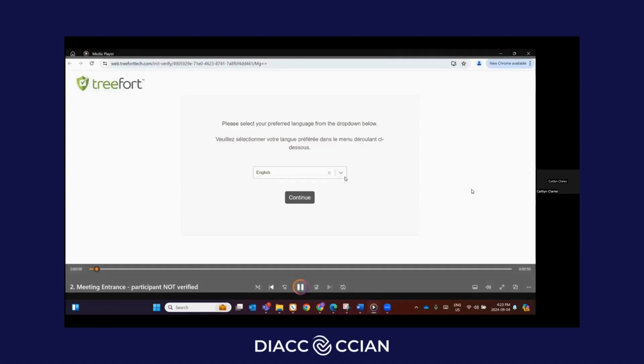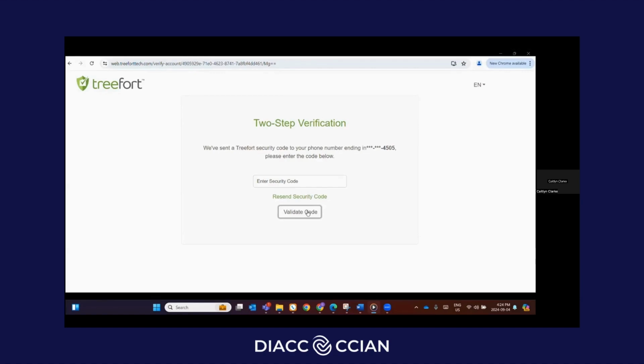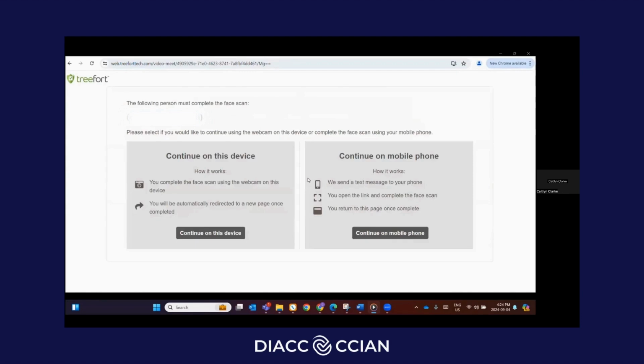Okay. And so again, they're selecting their language. They're going to go through that very simple and quick two-factor authentication process. They would have just received a 6-digit security code, which they're going to validate to move forward onto that device compatibility check. So similar to what we saw previously. They're moving forward. They're going to select the device that they're going to be continuing with,